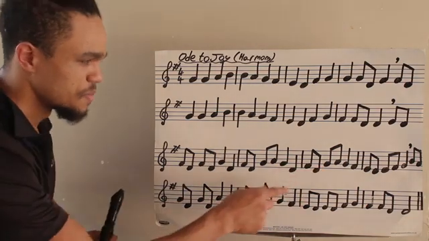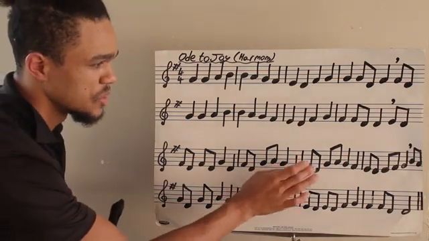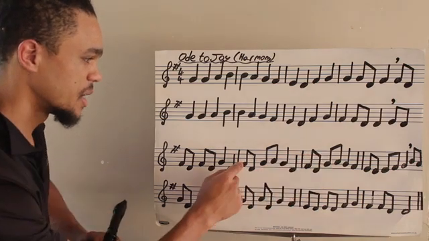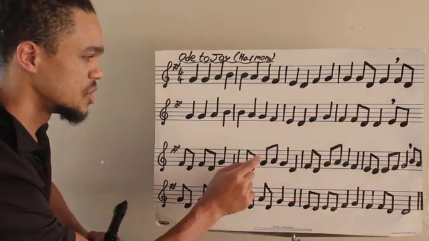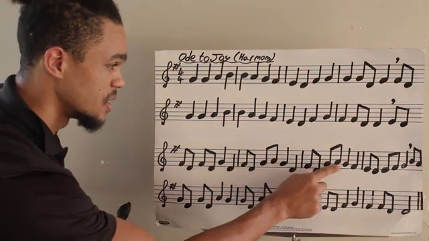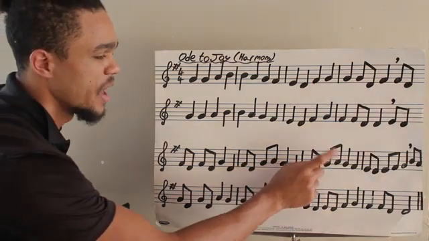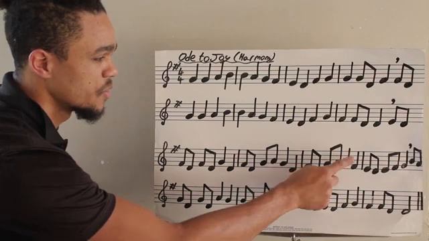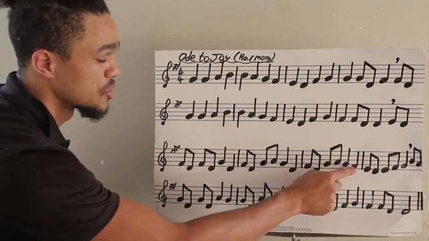Let's take it to bar number 11. We now go F sharp, D, G, A, the same thing we had here. F sharp, D, G, A, come back to G, doing the exact same thing. F sharp, D, G, A, G, but instead of a D here, we're going to go to a F sharp,